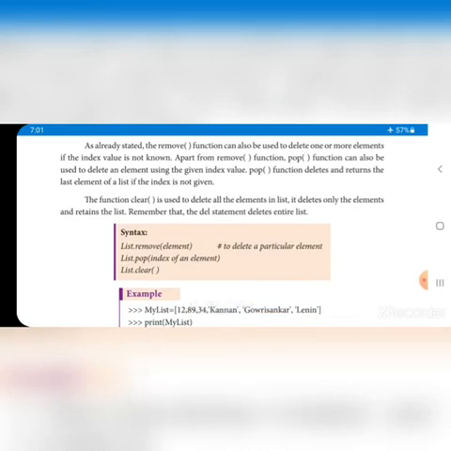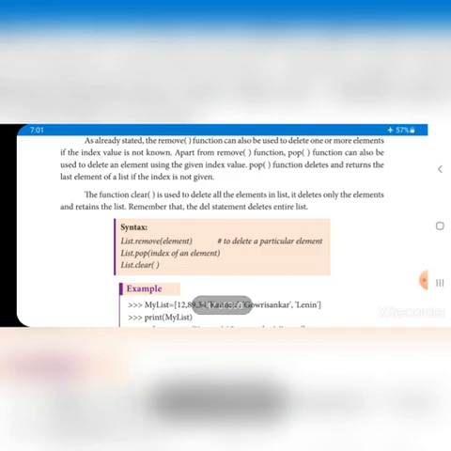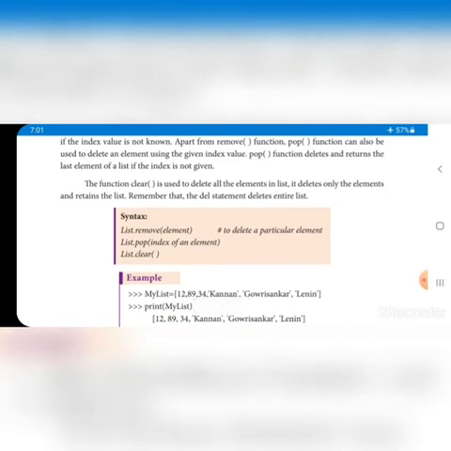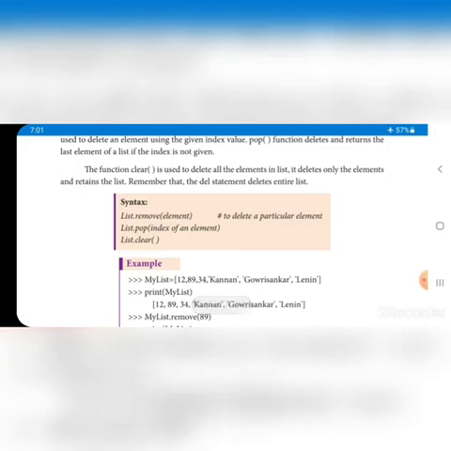And the next, the remove function. I already said that the remove function is used for deleting, that means removing, elements, right? If the index value is not known, we can remove elements. The pop function can also be used, and clear is also used to delete all elements in the list.